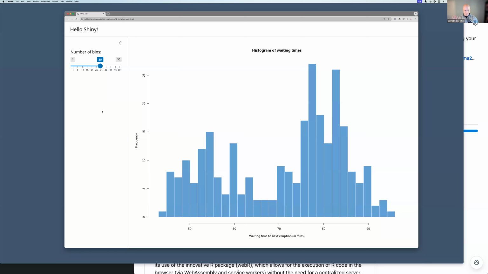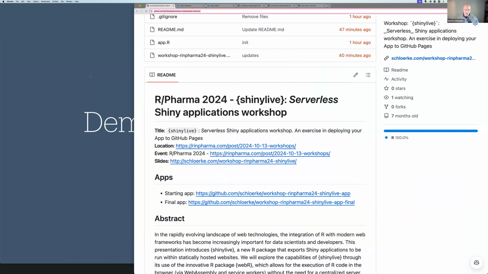Everything is there in that browser tab, and it's all self-contained, and it kind of feels like an anticlimactic reveal because you're like, it's just a Shiny app. What's the big deal? But I promise it's all there and it's delivered statically, and nothing is going on. And that's just the power of Shiny Live. All right.